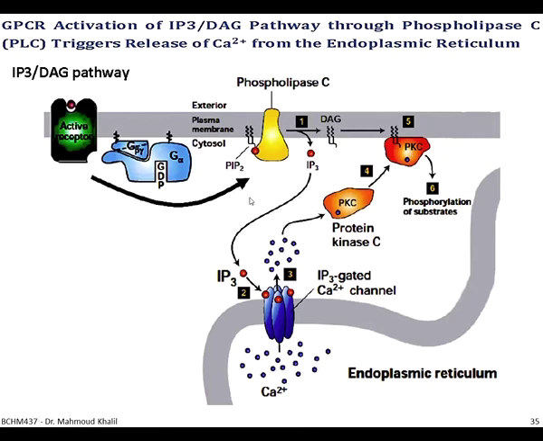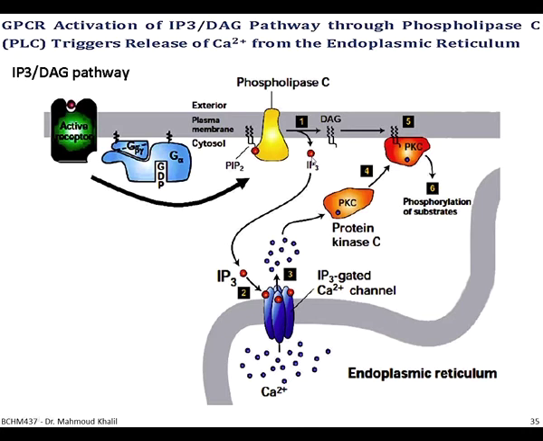That's why this pathway is called the IP3 DAG pathway. So you can see here the receptor has been activated. It will activate a protein which is called G protein. That's why this receptor is called G protein coupled receptor, GPCR. Once this is activated, it will lead to activation of the same enzyme, which is phospholipase C. And of course, phospholipase C, as we said in the last slide, will work on PIP2. Once it breaks down the PIP2 into diacylglycerol, DAG, and IP3, you have two different routes for these two molecules.